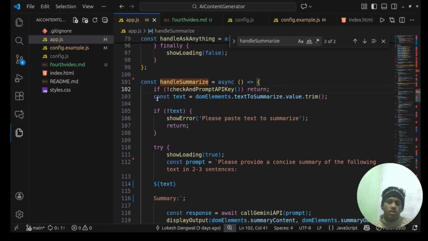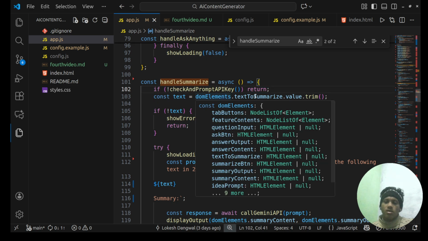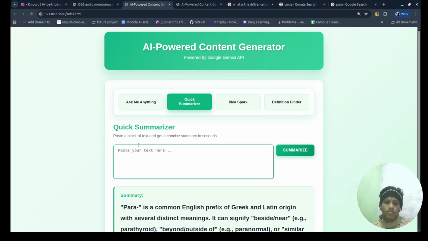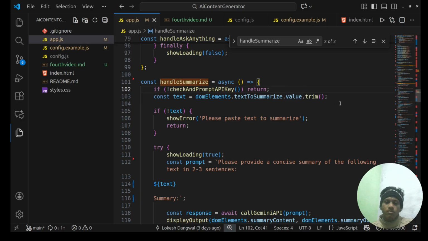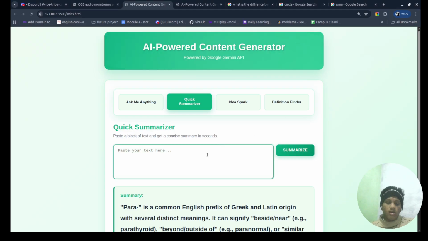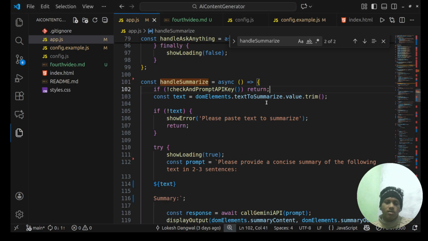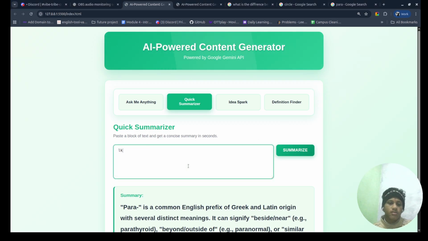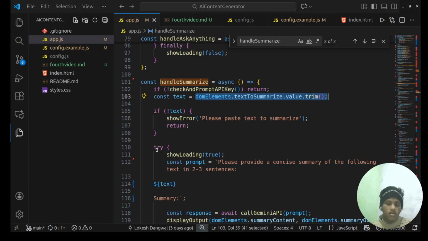After this I create a constant, new text, which is the selected text to summarize value, this input box value, with trim, so all the spaces at the start and end are removed and the rest is stored in text. Like if I create spaces at the start and end, only the part without any spaces will be stored in text.